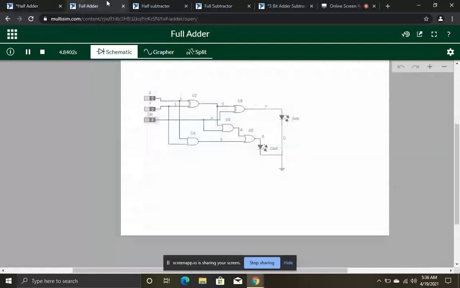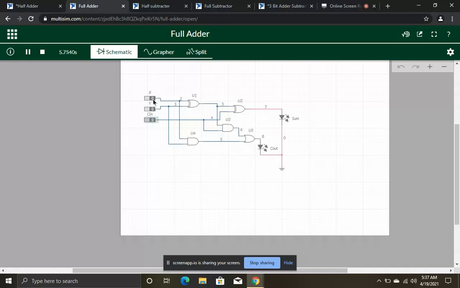As well as, we see the full adder in the same way. There are three inputs x, y, and carry in. The sum is the combination of x XOR y bracket XOR carry in, and the carry out is the combination of x and y bracket and dot carry in, and our operation will be held there and the carry out will be our final result.